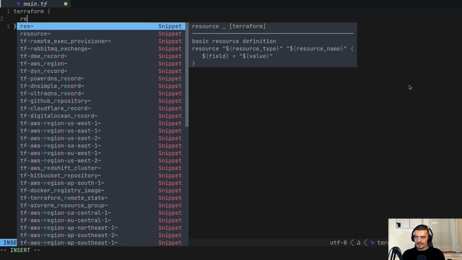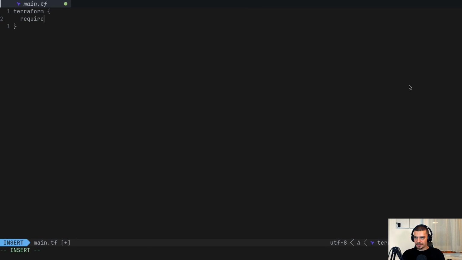So we're going to require providers, required_providers. And in here, we're going to specify that we want to have the provider, the plugin basically for working with AWS. It's an official one from HashiCorp. So I'm going to say aws is equal to, and then I have to provide the source. The source is going to be hashicorp/aws. And then for the version, I'm going to provide a funny arrow, ~> 6.0. So that is the first thing.